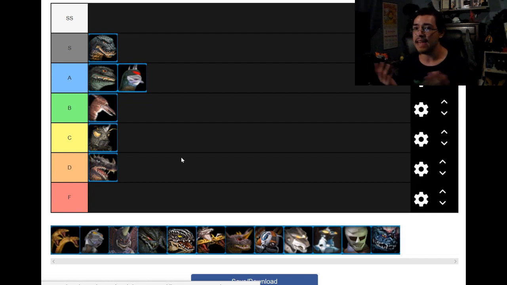The beam's okay. It's about as good as Godzilla's. But his physical defense is just so paper thin. It's almost as weak as Rodan's, and that's kind of bad, if I can be truthful. Keep in mind, he is so strong with his utility. It's just that I wish his paper defense...